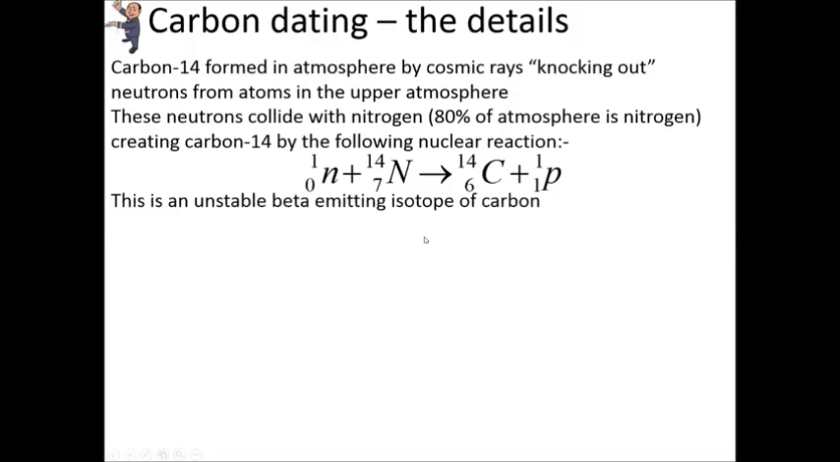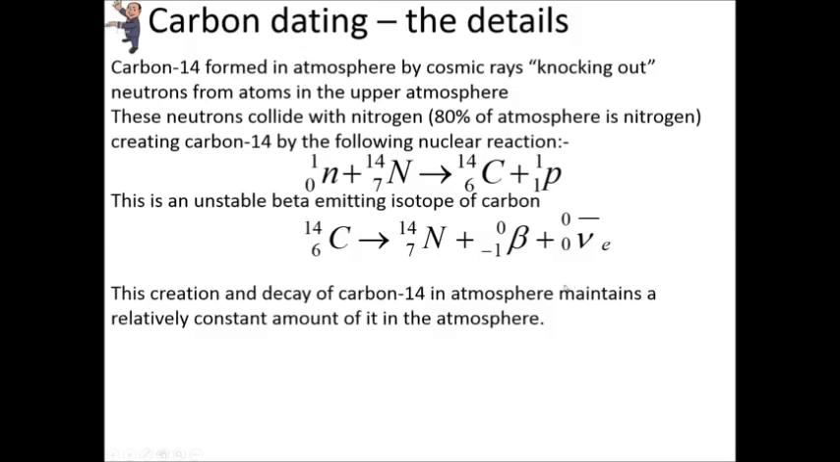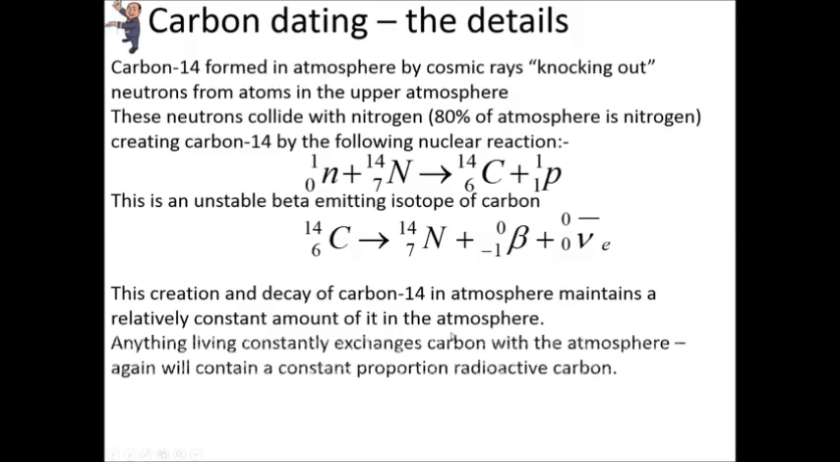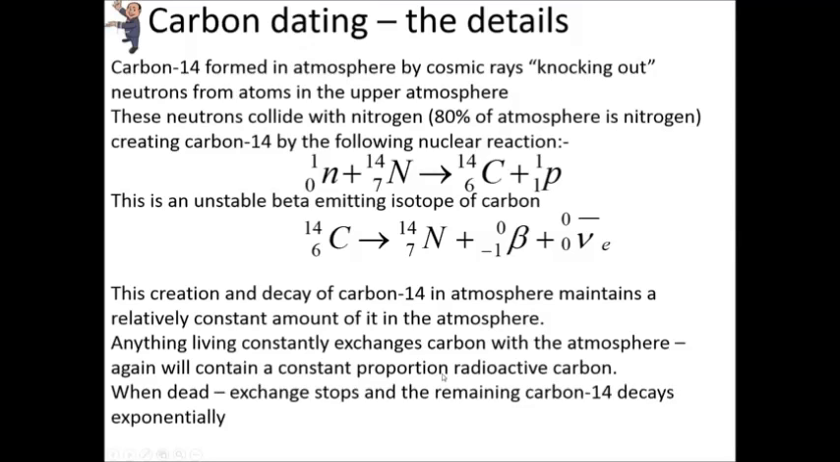This carbon-14 is unstable, so it decays via beta decay back to nitrogen-14, and here's the beta negative particle and the antineutrino. So you've got a constant creation and decay of carbon-14 in the atmosphere, and this maintains a relatively constant amount of it. Now, when things are alive, they're constantly exchanging carbon with the atmosphere, so as long as they're alive, a constant proportion of radioactive carbon is kept in their bodies, in comparison to the other types of carbon. But unfortunately, when the organism dies, this exchange stops, so the amount of carbon-14 begins